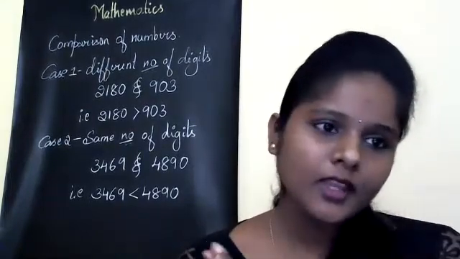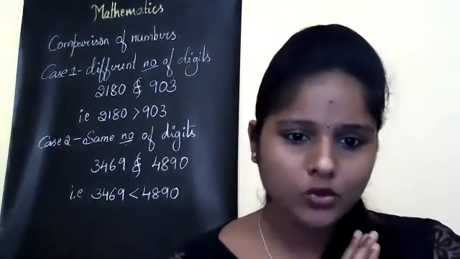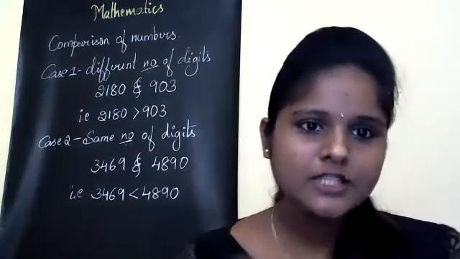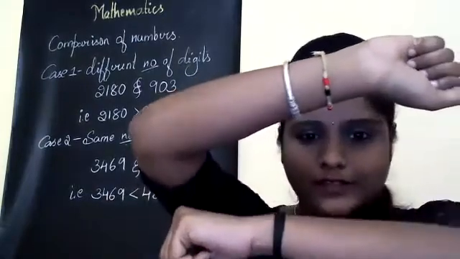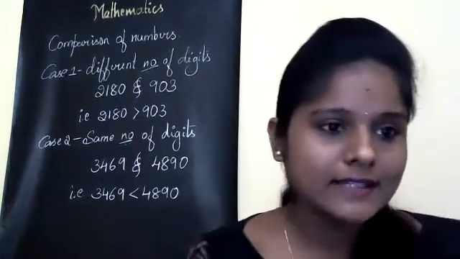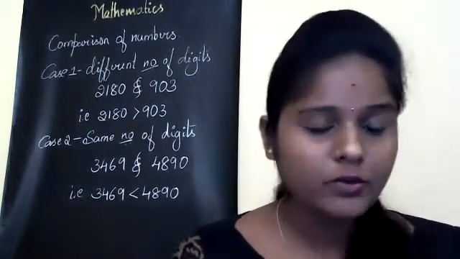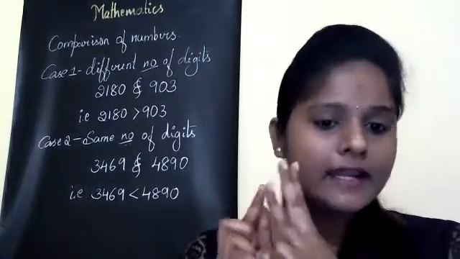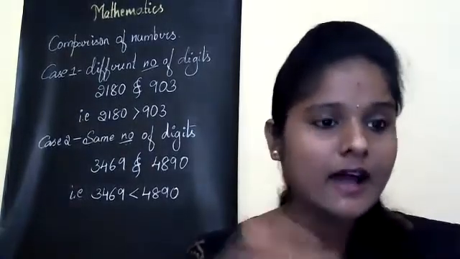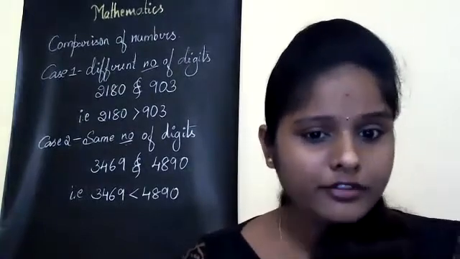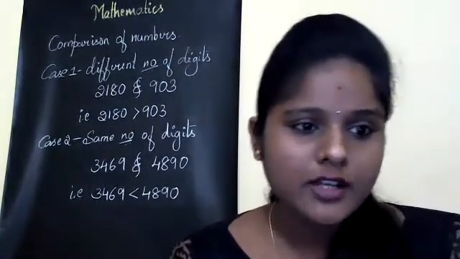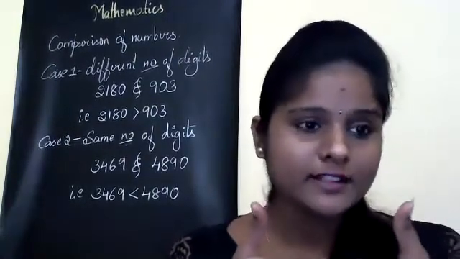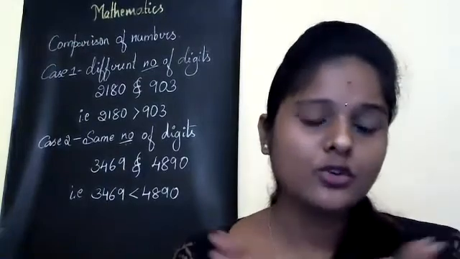Now moving on to equal to. How are you going to write equal to? Just two parallel lines. Parallel lines is equal to. So now greater than, smaller than, and equal to. These three are the symbols of comparison of numbers. Understood this much? I want a thumbs up if you have got this much. That's so nice. Very good.